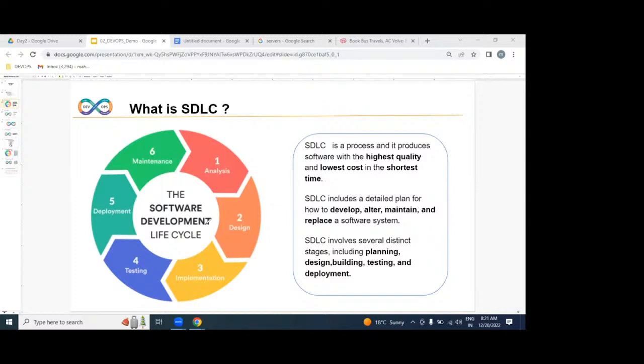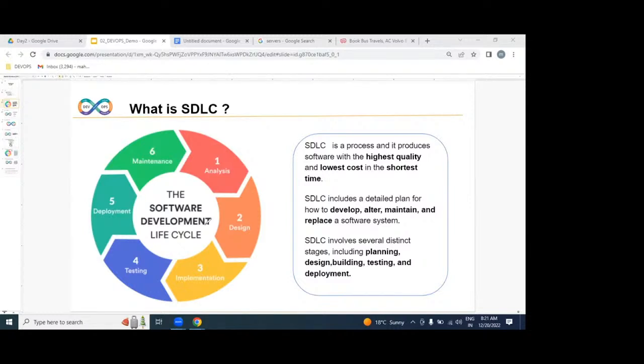Like our cricket team, like movie makers, all together. If you want to make a movie, actors are required: heroes, actors, editors, and so many of the 24 crafts we have. Here the actors are the developers, but the director is the DevOps engineer. Understood? A very simple way to understand.